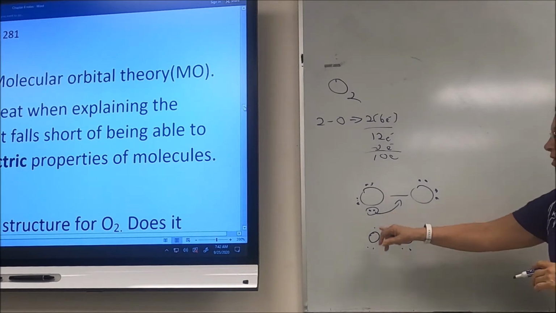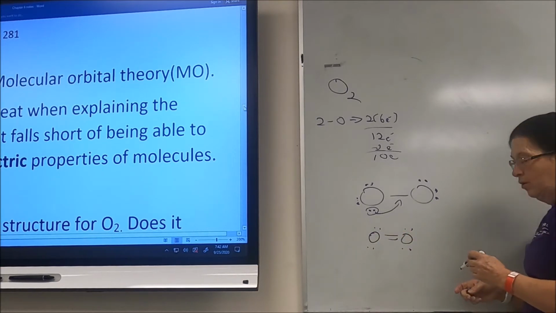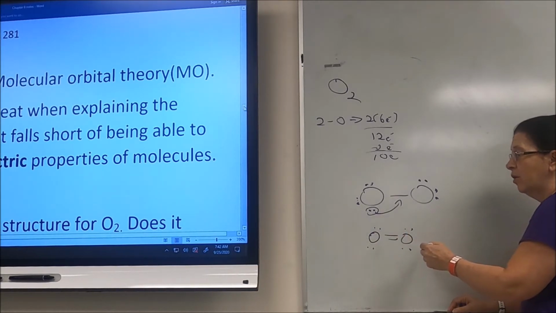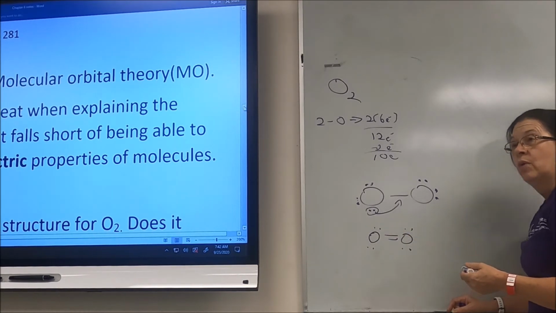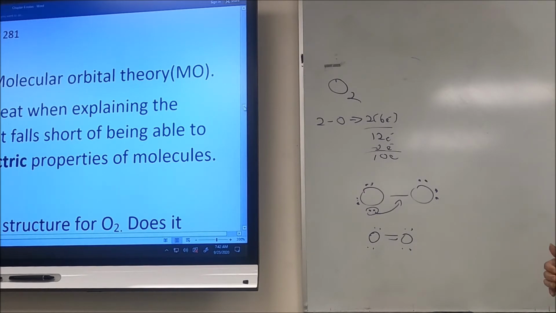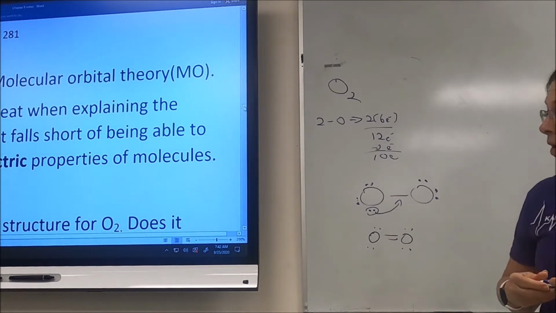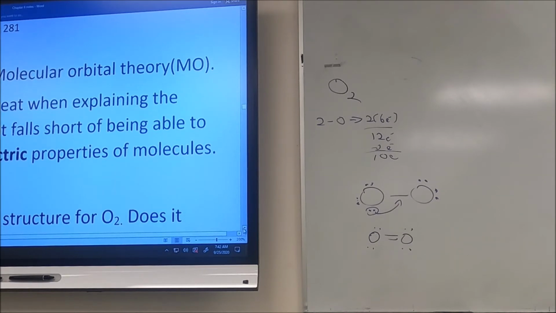So when we look at this, we see a double bonded oxygen, and we see 4 lone pairs. Looking at this as a molecule, there are no unpaired electrons. This molecule should be diamagnetic, which means it won't be attracted to an external magnetic field. Paramagnetic atoms, ions, and molecules are attracted to a magnetic field. Experimentally, though, what they discovered is that oxygen is actually attracted